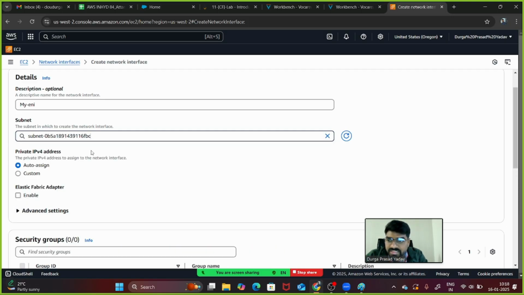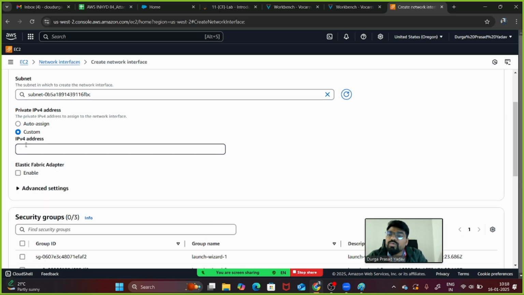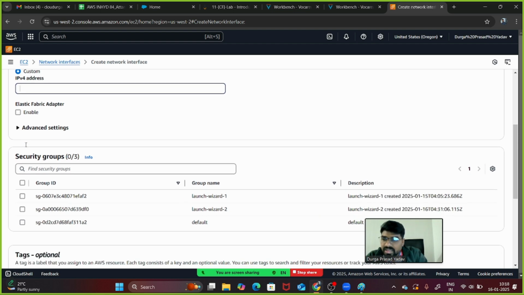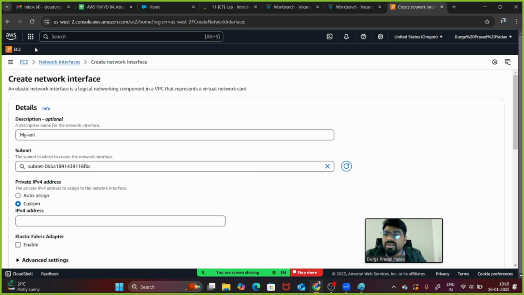Let's say you select this subnet, and you either want the private IP address assigned automatically, or you want to give a custom IP address. So manually you will be able to give the private IP address to this ENI, the elastic network interface.